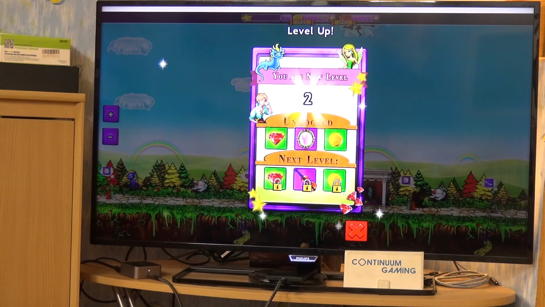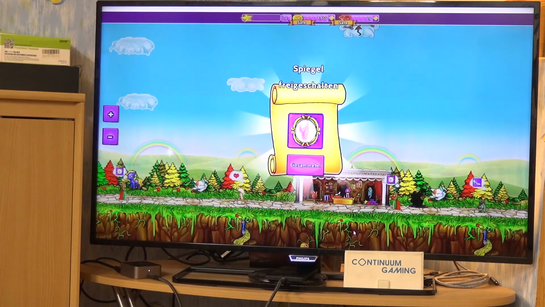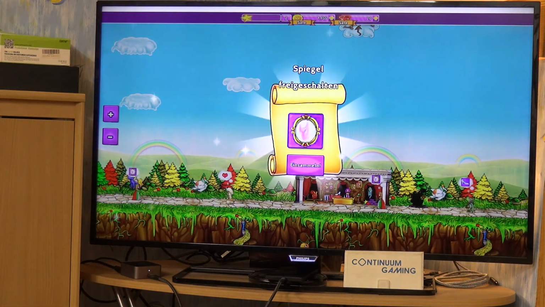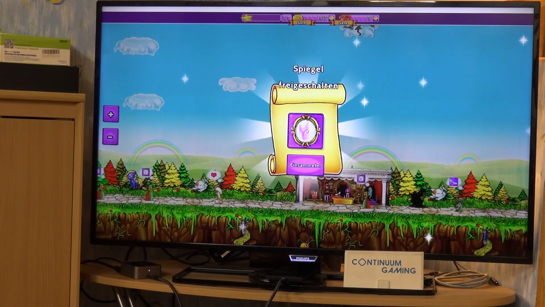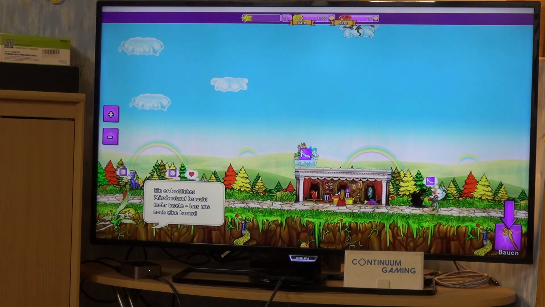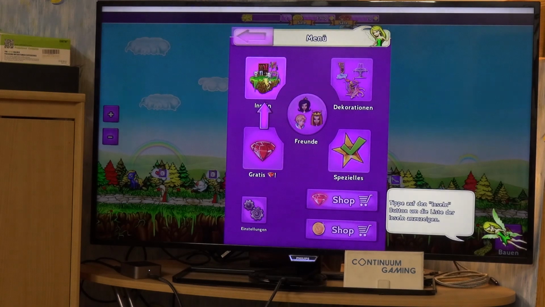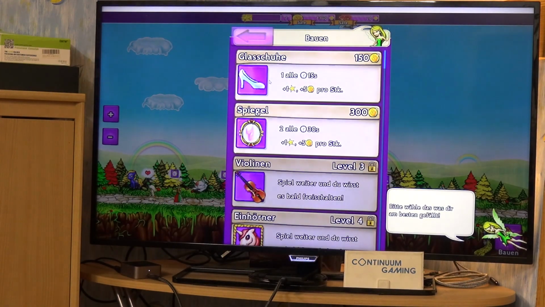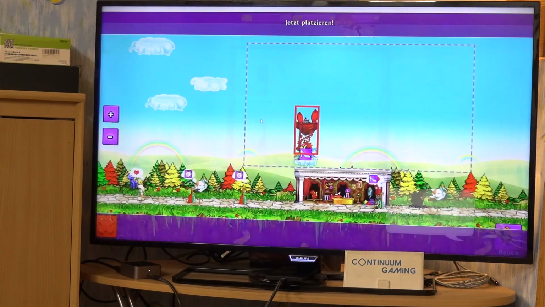And after that, of course, you have a couple of other options, because one after another you get different kinds of things. For instance, this is a mirror, probably a magical mirror, which is talking to you then, or giving you information about the future or something. Okay, so for that we will have to go to the building menu again, go into that, and now we can build our first,